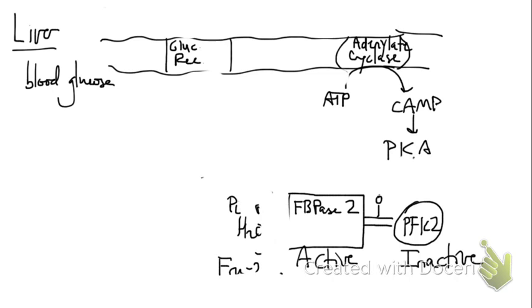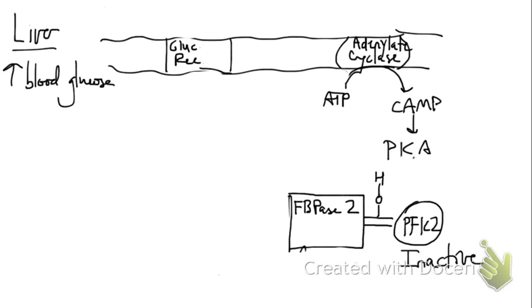So under high blood glucose levels, glucagon is not there. We use insulin. We talked about insulin, adding more GLUTs to different things. So if we're under a high blood glucose level, or under normal conditions, we don't have that phosphorylation from PKA, because there's no signal to activate it. If there's no signal from PKA, then the fructose bisphosphatase is inactive,